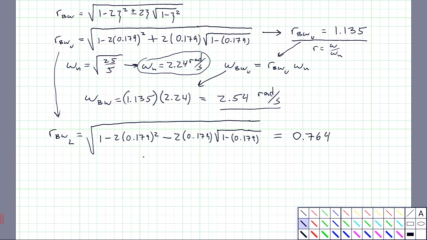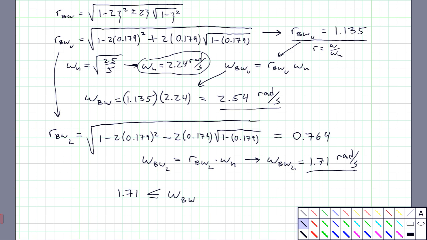So the lower bandwidth frequency is this R_BW lower times the natural frequency, which gives 1.71 radians per second. So basically we have our answer. My bandwidth, omega BW, is between 1.71 and 2.54